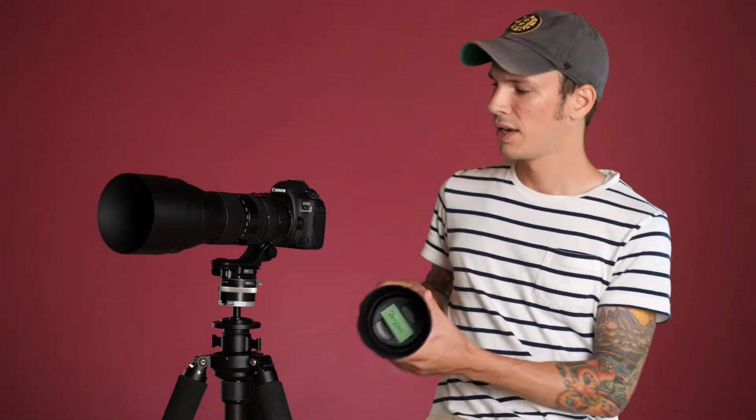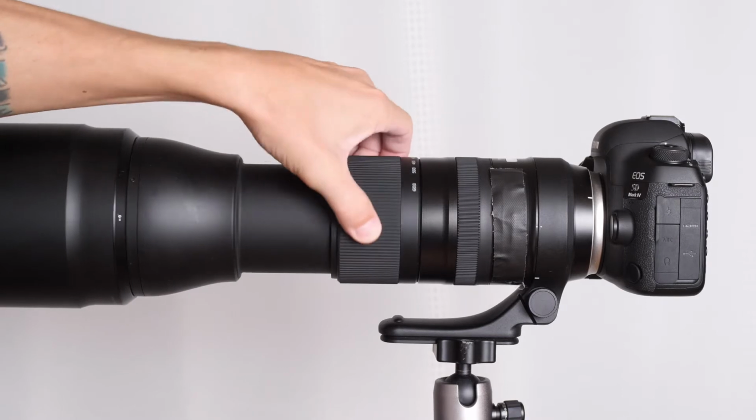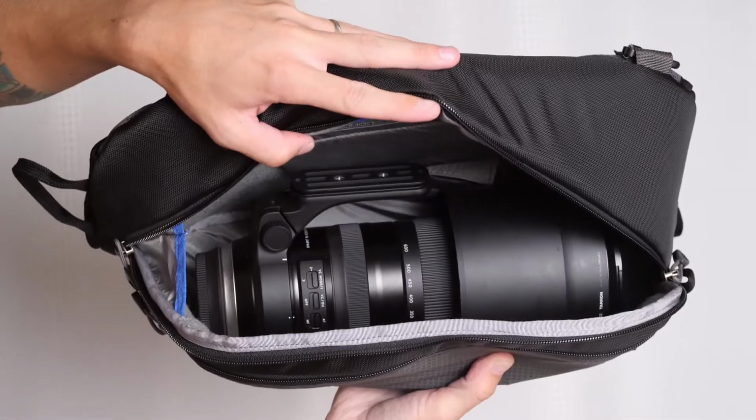Compared to a 70-200 though, for example, it's actually not much bigger, and it's not much heavier. It is heavier and it is bigger, especially when you zoom it all the way out. The barrel does extend, but it's not really a whole lot bigger, and this could even fit inside of my Peak Design 20-liter backpack,